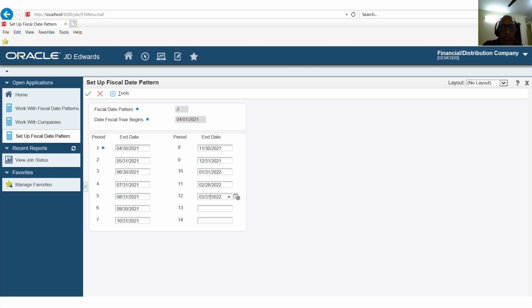Okay. This is the facility provided by JD Edwards. But is it not necessary? It is up to you whether you are using it or not. Ultimately, your balance sheet will be for 12 months only, because these 2 days are from period 12 only. Yes, sir. These 2 days are part of March 22. So total period is 12 months only.